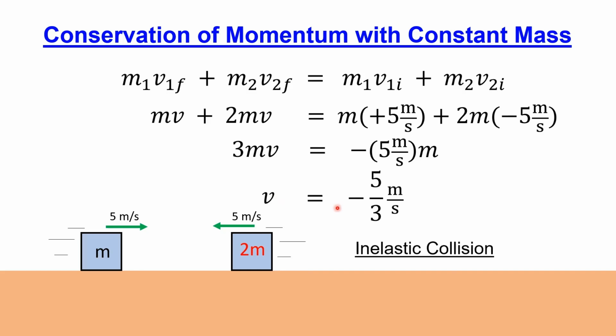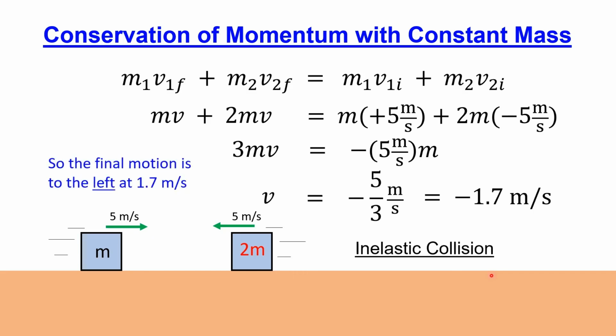That's going to result in negative 5/3 meters per second. It's common to write that in decimal form, so we'll round it off as negative 1.7 meters per second. What that really means is that the final motion is to the left, so once they stick together, the combined object is going to be going left at 1.7 meters per second in terms of speed. So hopefully this gives you enough of an idea of how conservation of momentum is useful when you're, especially in